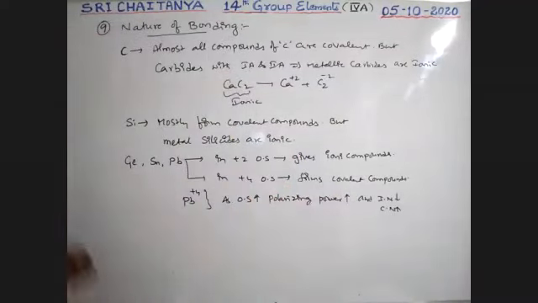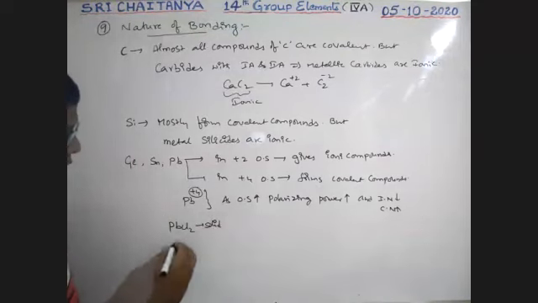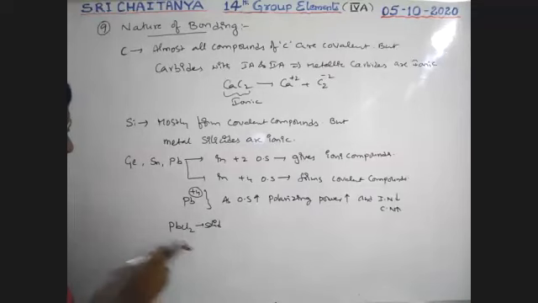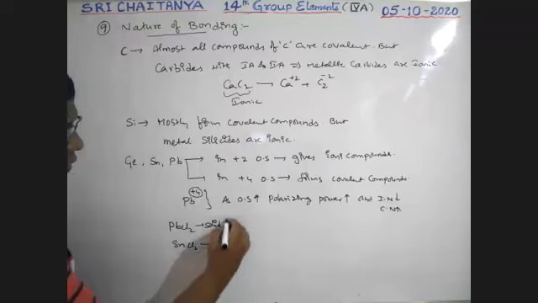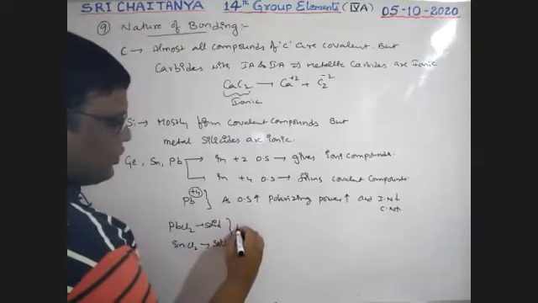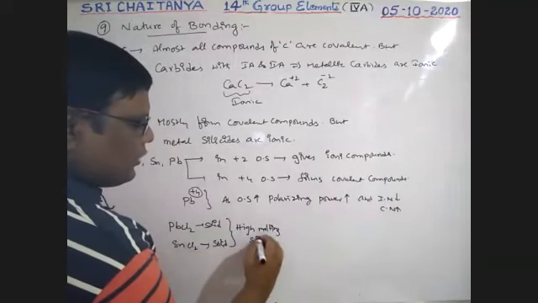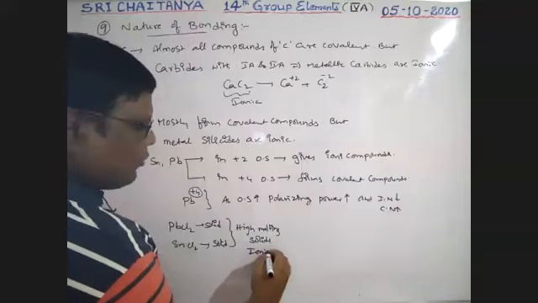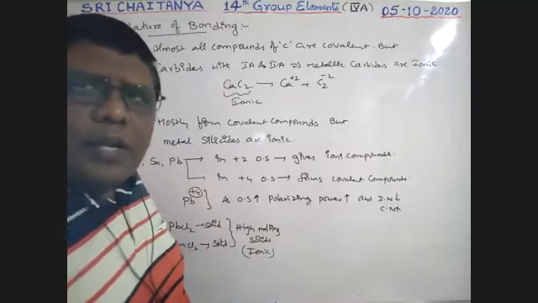Let us consider PbCl2, where lead is in the +2 oxidation state. It is a solid. Next, SnCl2, where tin is also in the +2 oxidation state. It is also a solid. These two compounds are high melting point solids. These are nothing but ionic compounds. Generally, ionic compounds have high melting and boiling points. Here also the melting point is high, so no doubt they are ionic in nature.